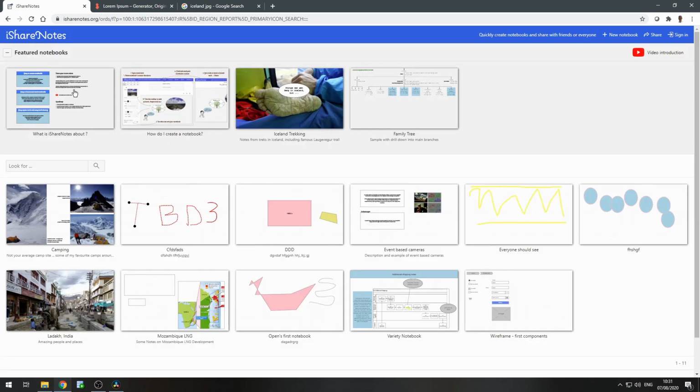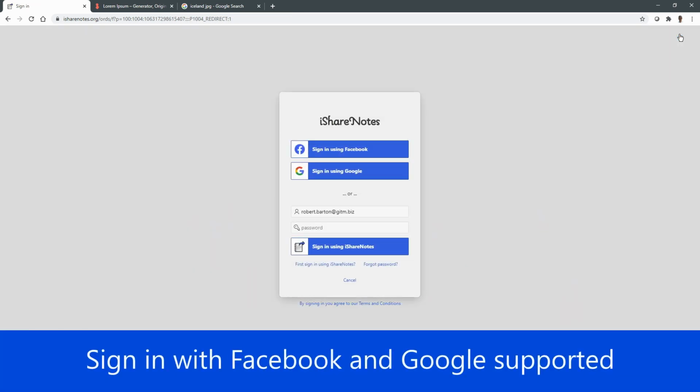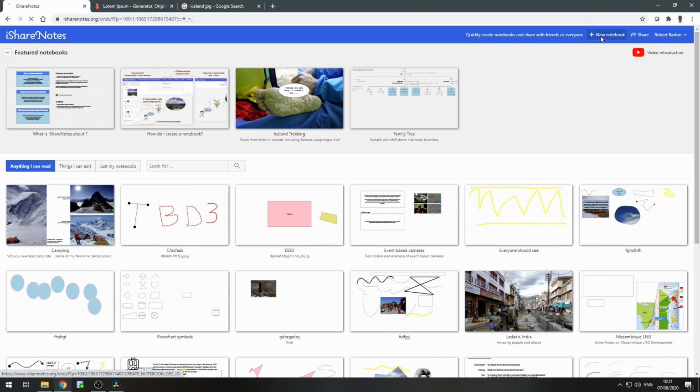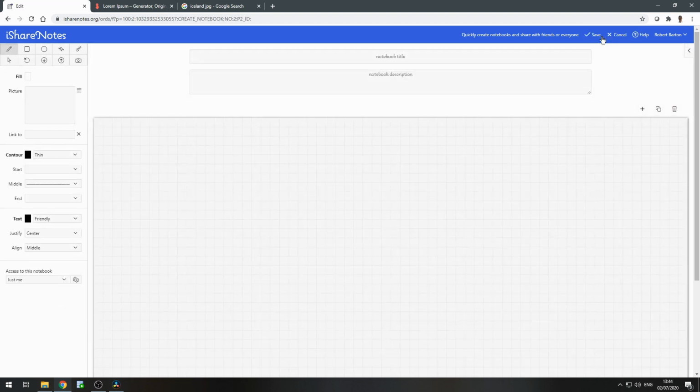So with that, I think the best thing for us to do is to dive in and for me to show you what it's like to create a short notebook. So once I've signed in, I see all the notebooks that I've got access to. We're not going to dwell on these too much at the moment because we're going to create a virgin new notebook like so. So now I'm in the notebook editor, and just as an example, we'll put together some type